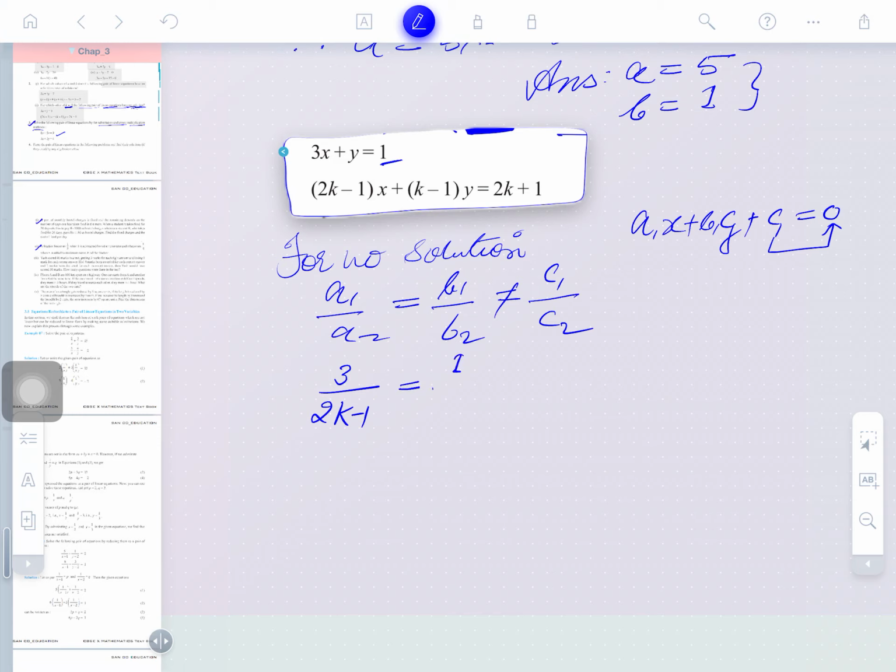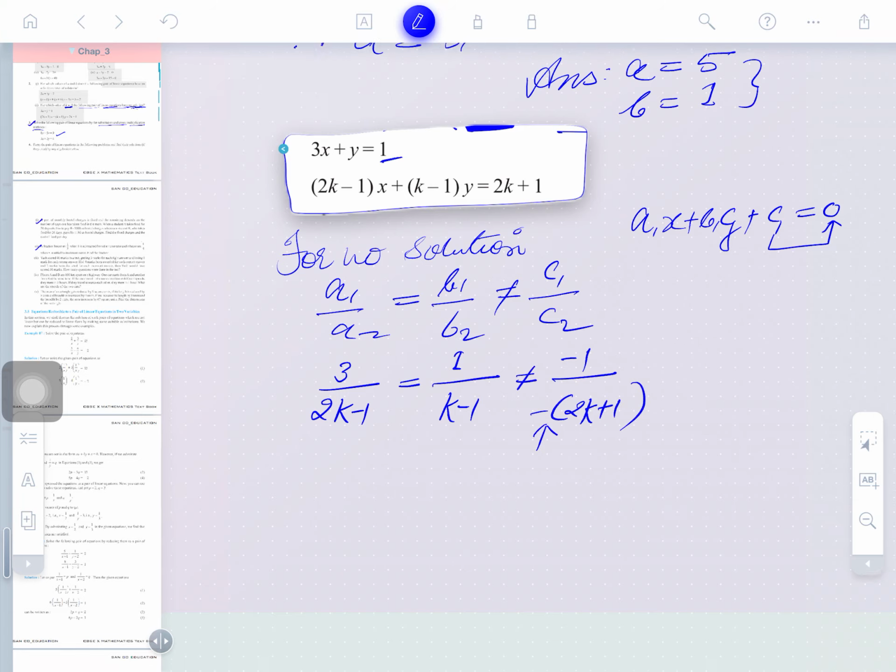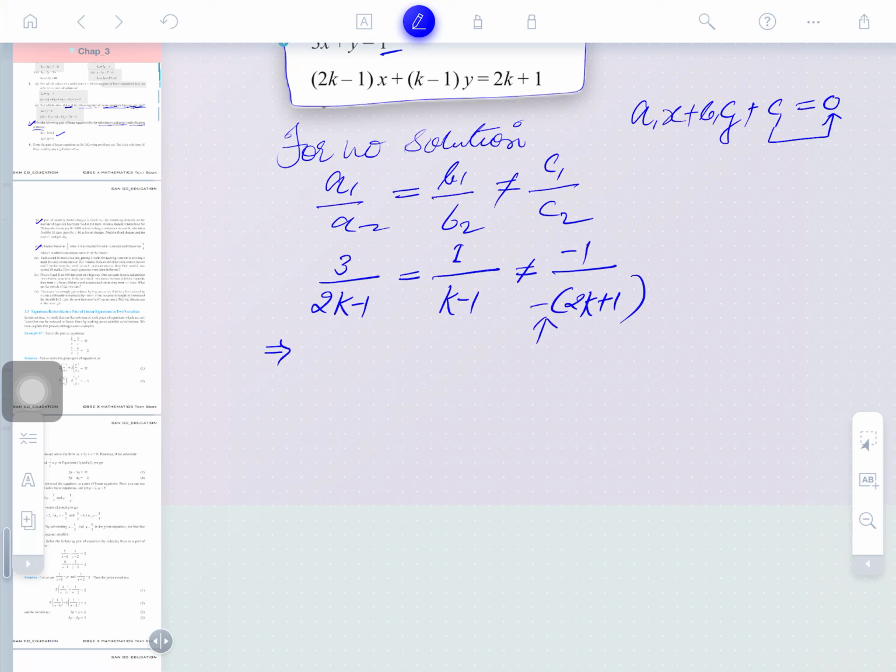Next is 1, and b2 is k minus 1, and this is not equal to c1, which is minus 1, and this is minus of 2k plus 1. Why minus of this is to be taken is because this term is made up of the two quantities here. So, taken two at a time, 3 by 2k minus